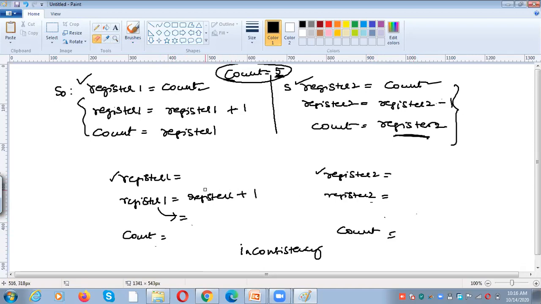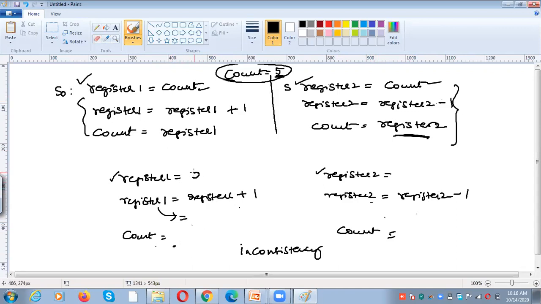So now I am executing the statements parallelly. That means both the things work on the count variable parallelly. So it will be a problem. Here the value is 6. Here the value is 4.